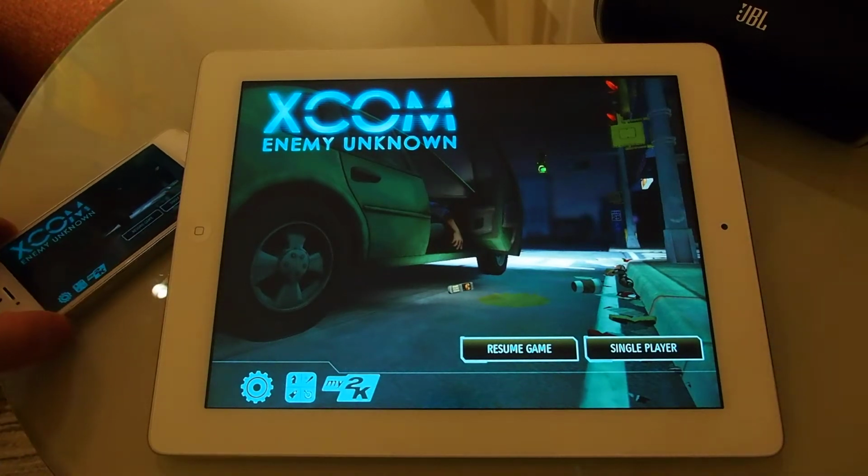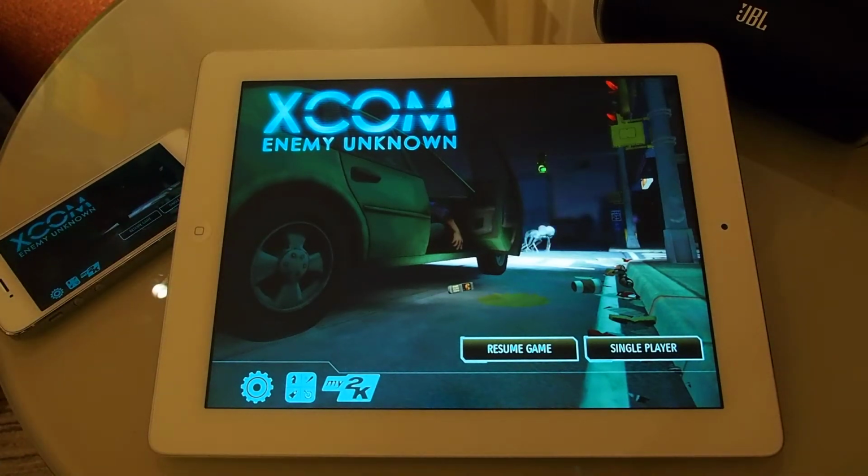So if you're out running about, or if you have a long trip on the plane or on the train, this is a fantastic way to get your XCOM experience while on the go. So I thought I'll just show you what it's like, because this game is actually not cheap. It is $20, right, for an app. I mean, we are so used to 99 cents apps and $1.99, $2.99, $4.99. We are already thinking that it's really expensive. So this is $20,